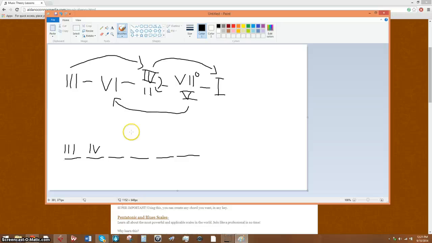But instead of going straight to the 2, I'm going to go to a 5 of 2, which is one of my favorites. I'm going to go to 5 of 2, and then 2. From the 2, I'm going to go to the 5, and then to the 1. Okay, I'll go ahead and play that first of all. So in the key of C, that would be E minor to F, to 5 of 2, which would be A, to D minor, to 5, to 1. So if I put that all together,